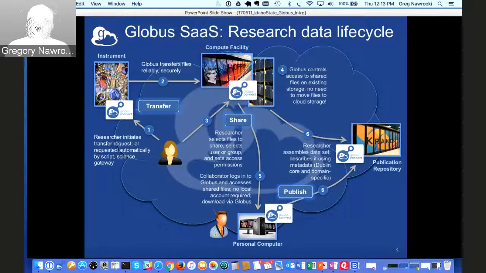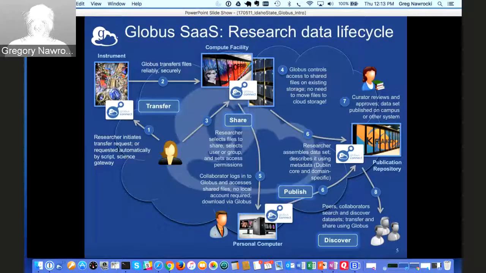In the Globus Publish application, you assemble your data set and set up a community, attach metadata to it if you wish, and optionally a curator could review that data set, approve it, and publish that data on the publication repository, and then it's available for discovery. Peers and collaborators can search on that data set, download it, and use it. Publication is really an extrapolation of transfer and share.